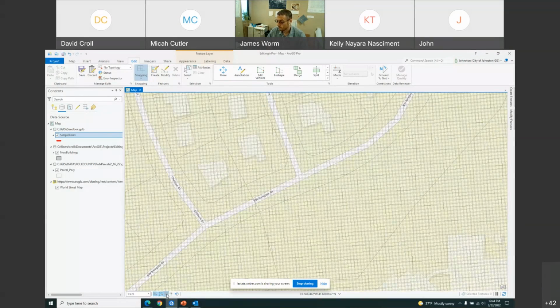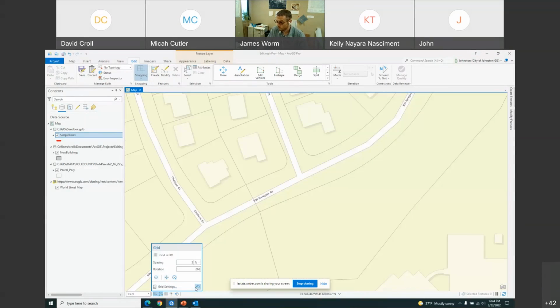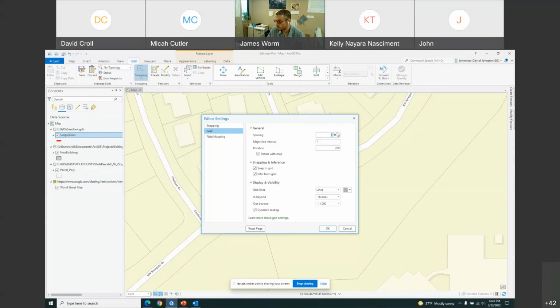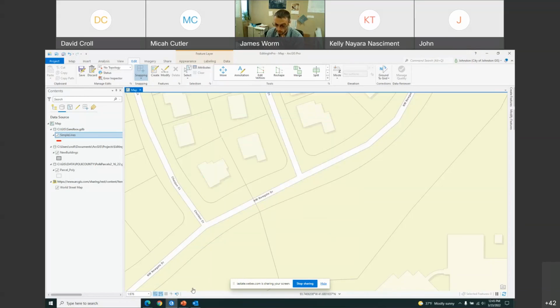Okay, you can click on these grid settings, and you can change the intervals, the major and minor stuff. You can see at what scale it comes on. It's kind of handy. You can snap to that grid. The other really cool thing about that is you can actually rotate that grid